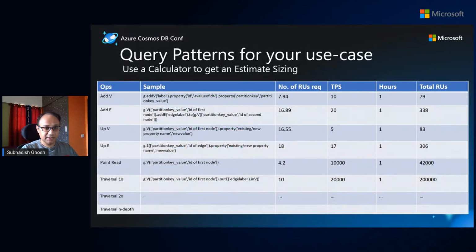Another recommended best practice, which we also followed, is to write down your query patterns for your given use case, and then come to an estimate of the total cost. Again, this is an oversimplification of our use case. But in real time, as you see, I have given the vertexes, taken a sample code, and tested what number of RUs is required for execution.